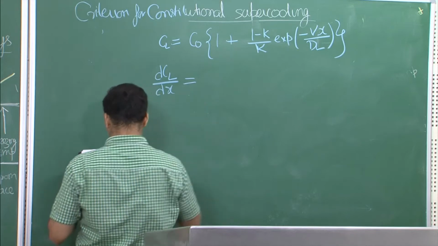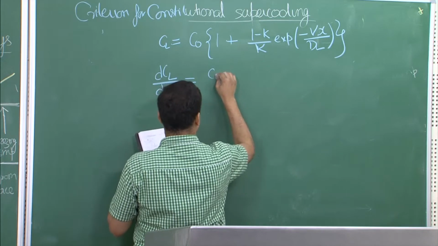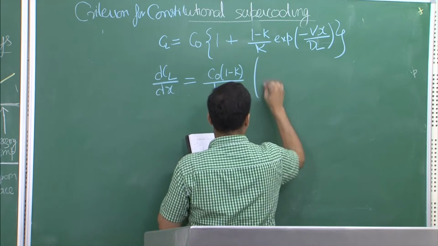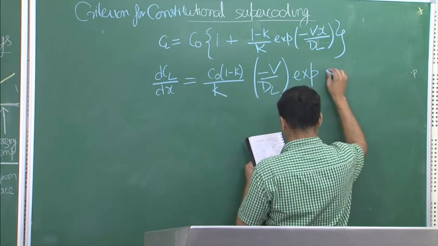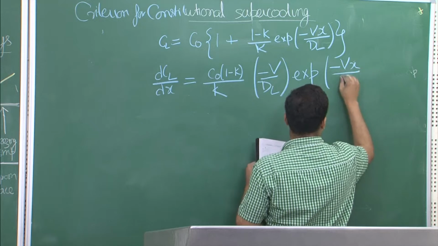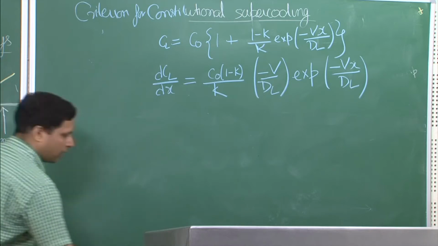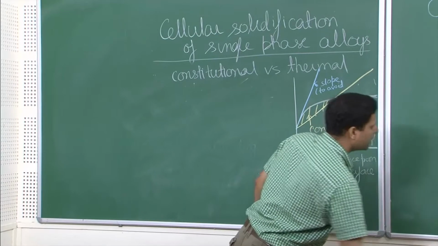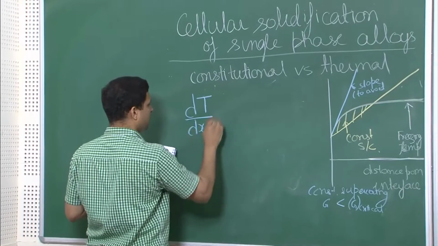You will see in a moment why we are interested in dCl by dx. We said that we are interested in dT by dx at x equal to 0,